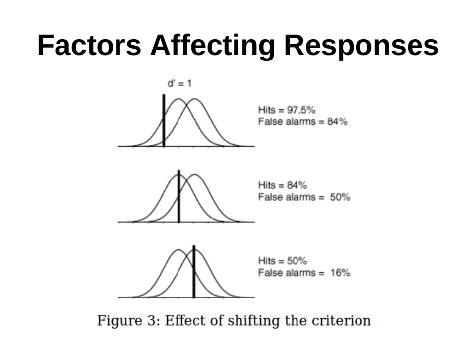So if you want to think about this in terms of tests, like a diagnostic test, like I was talking about a moment ago, you could say the same thing about that. Say, for example, you have two distributions, one which represents no, there's not a brain tumor, and another one that says yes, there is a brain tumor. The one on the right says there's a brain tumor, one on the left says there's no brain tumor. If you move the response criterion left or right, or your cutoff, I guess, in that kind of test, then